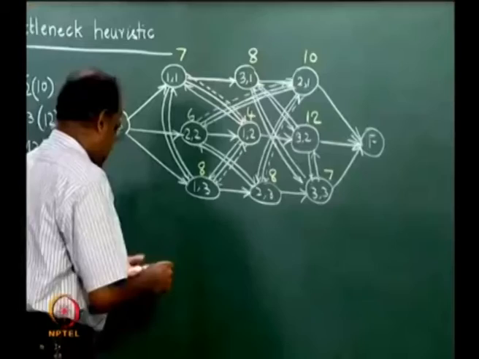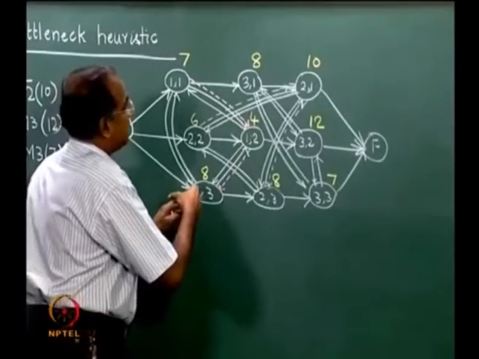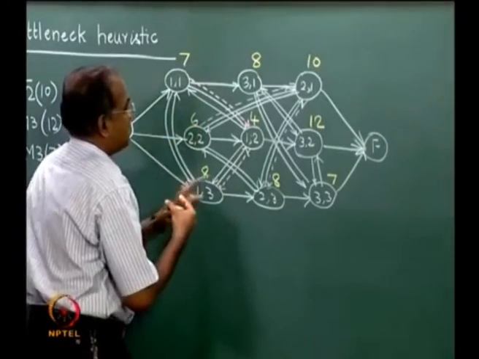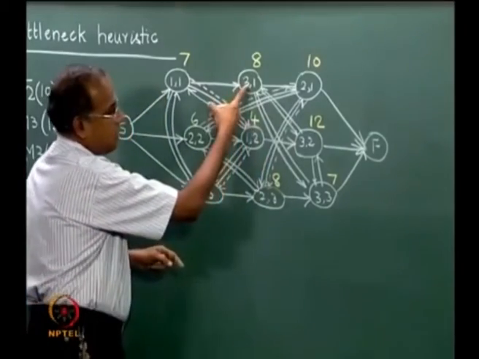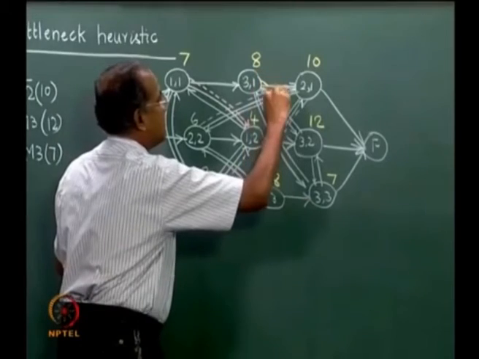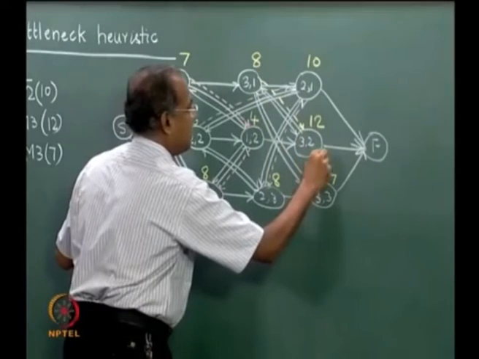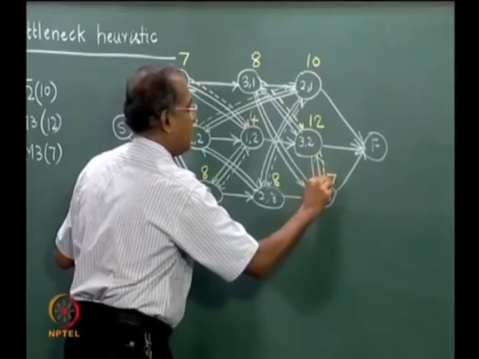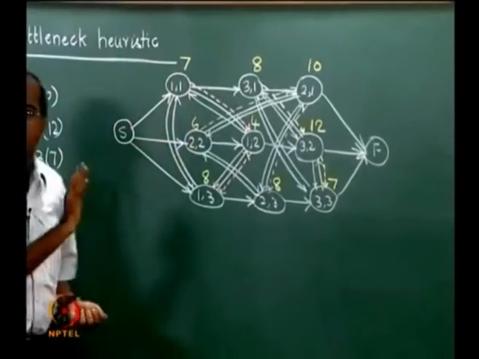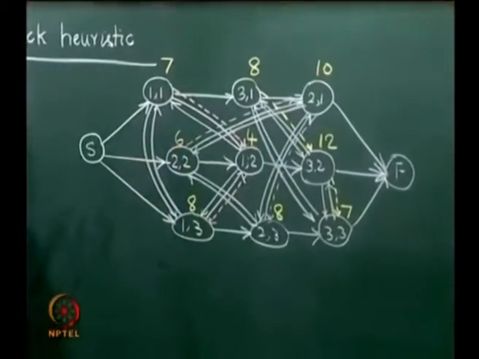So, on M3 it is first J1, then it is J2 and then it is J3. So, the order will be and then J3. So, now this network has become slightly clumsy because I have overwritten the colored arrows, but then we have